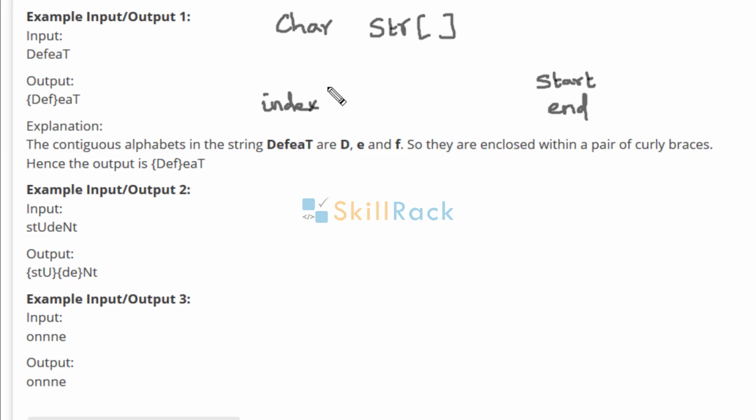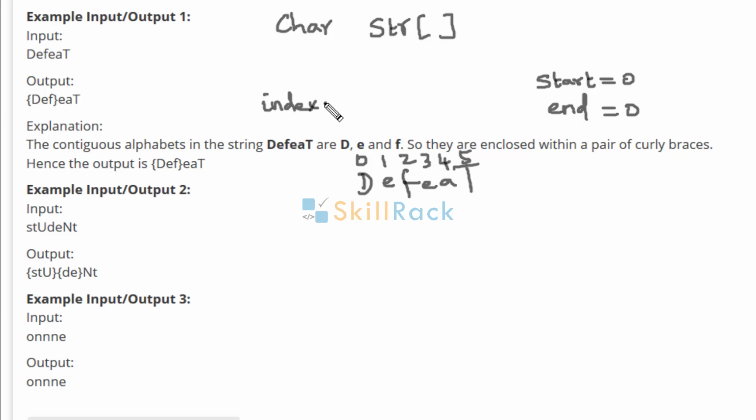To begin with, we will initialize start to 0 and end also to 0. Right now we have defeat: D, E, F, E, A, T. The index values will be 0, 1, 2, 3, 4, 5. Initially start and end are pointing here.